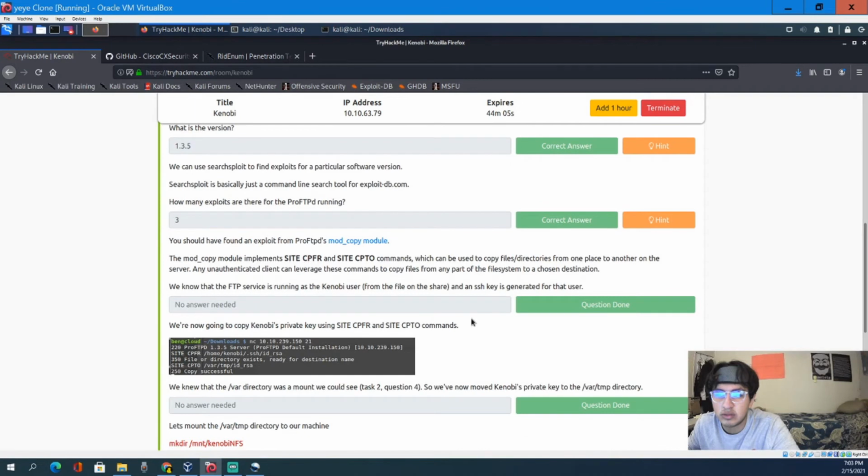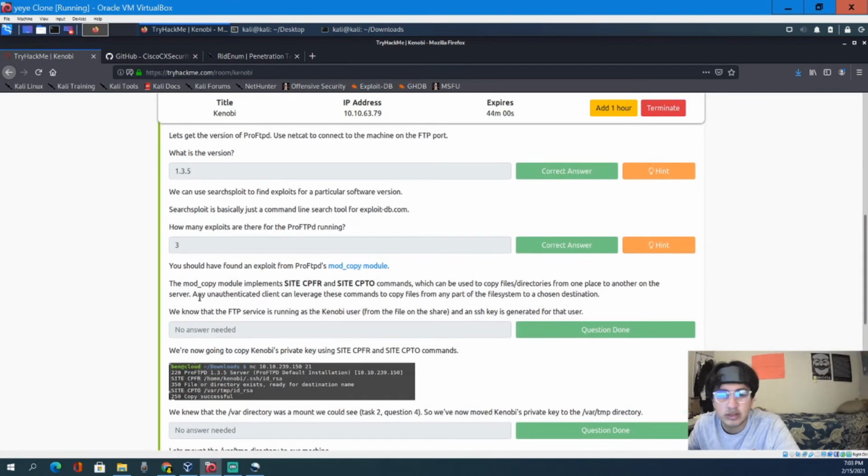Let's see, what was it? Okay, so there's this command here. The mod copy module implements site CPFR and site CPTO, which can be used to copy file directories from one place to another on the server. Any unauthenticated client can leverage these commands to copy files from any part of the file system to a chosen destination. So now it would trigger, you're like, okay, I can move any file to any destination in the system